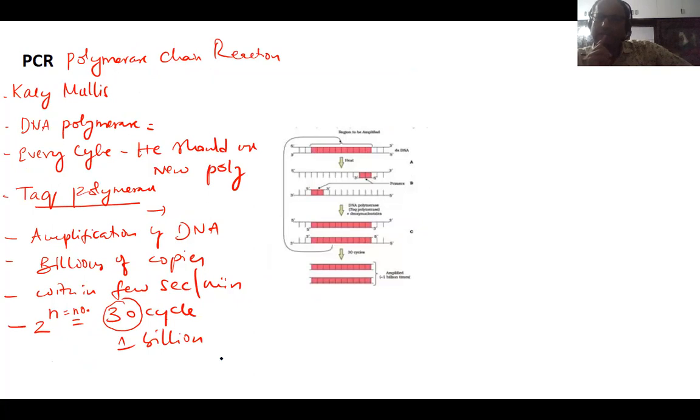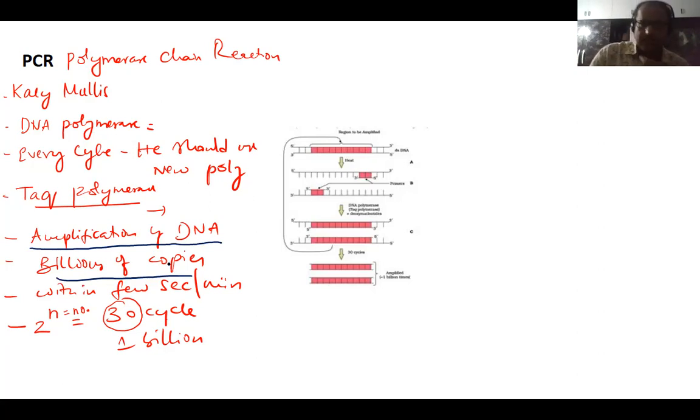Now, what is the procedure here? Polymerase chain reaction means, suppose you take a gene of interest and you take certain fragments of it, that's fine. But the same fragment, you can make into millions of copies, billions of copies. So more and more copies of the same desired gene that you have taken can be made. That process is called amplification of DNA. So now you got the point. PCR is involved in the amplification of DNA. That means billions of copies of the same gene of interest that you have taken can be produced.